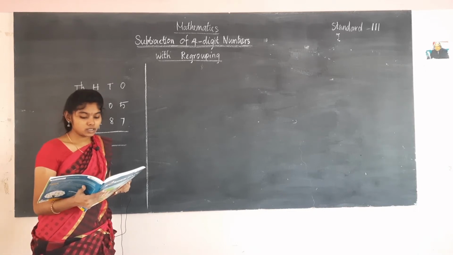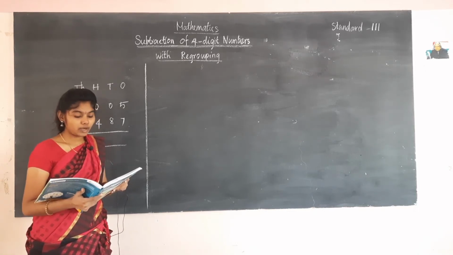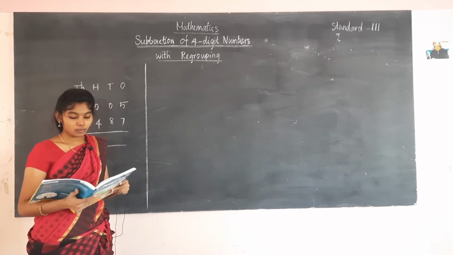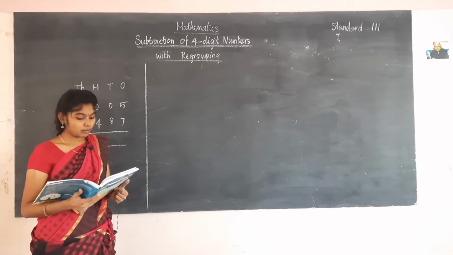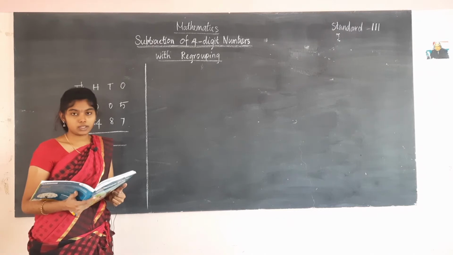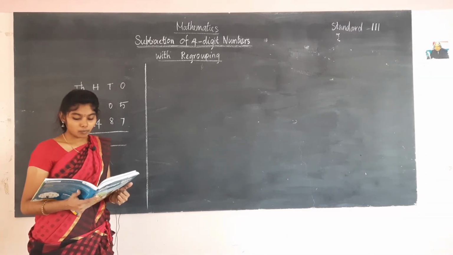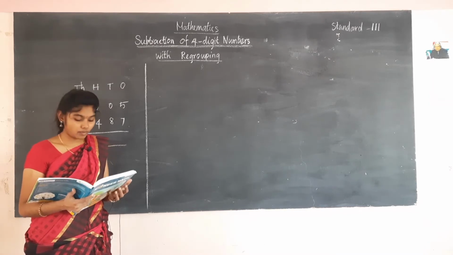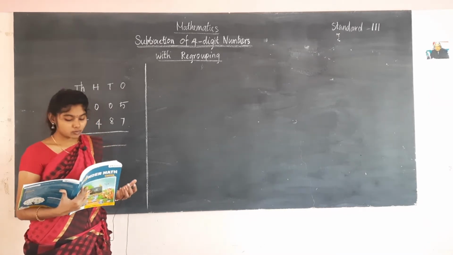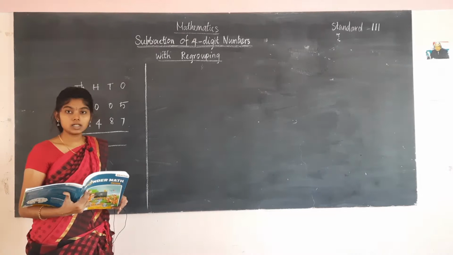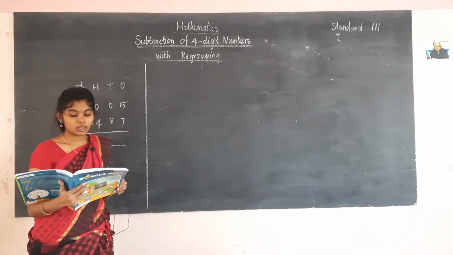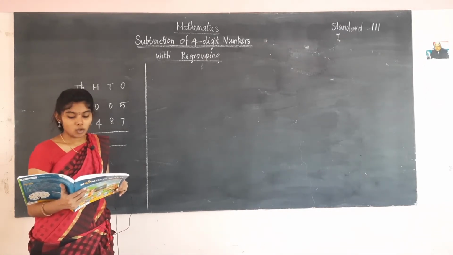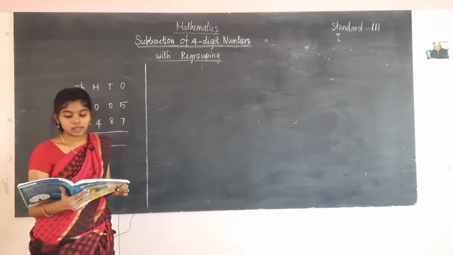Here the question is, Natasha's friends Nabila and Abhi went with their parents to buy gifts for the prize winners of the quiz competition. The rupees they have is rupees 8,005. They have the amount of rupees 8,005 in their hand, and they have spent money on buying the articles. The rupees they have spent is rupees 5,487. So how much money will be left with them?